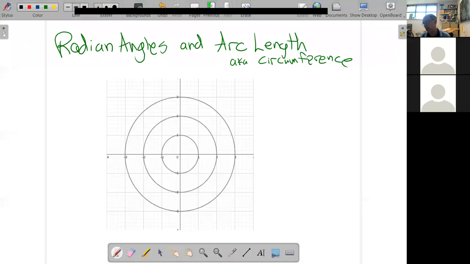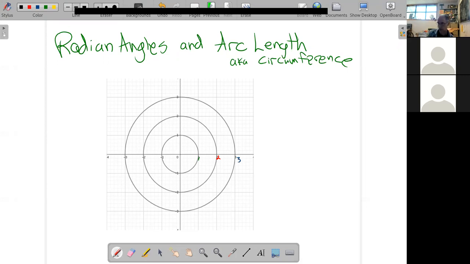So radian angles, arc length, which is just circumference. So here in my picture, my inner circle here is my unit circle, where I have radius 1. And then my next circle out here is not the unit circle, it has radius 2. And then I have another circle here with radius 3. So I just want to relate to the idea again of what is a radian angle and what is an